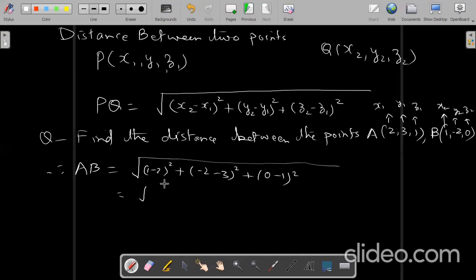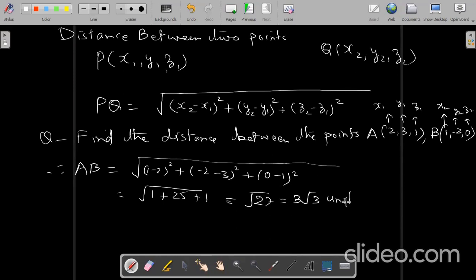So 1 minus 2 means minus 1, whose square is 1. Minus 2 minus 3 is minus 5, the square of 5 is 25, and the square of 1 is 1. So under root 27. 9 threes are 27, so 3 root 3